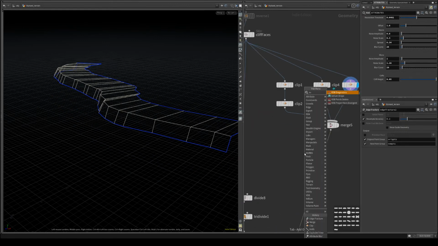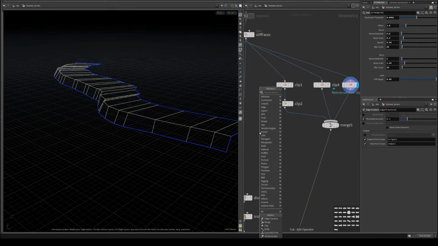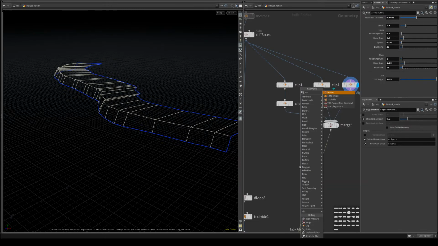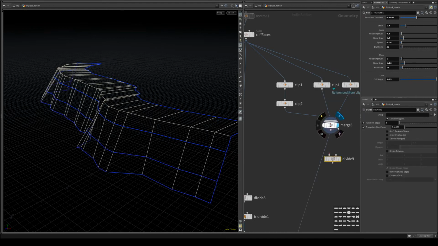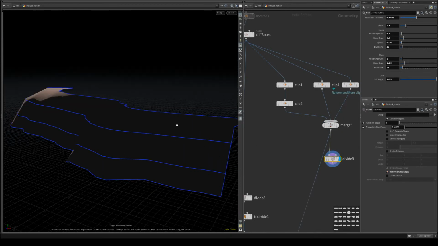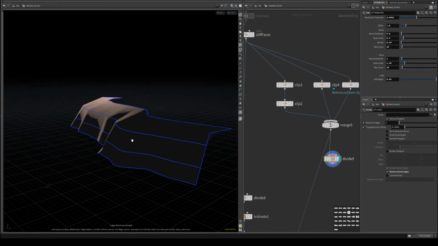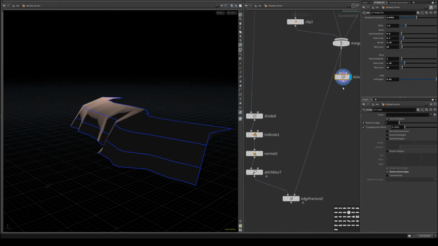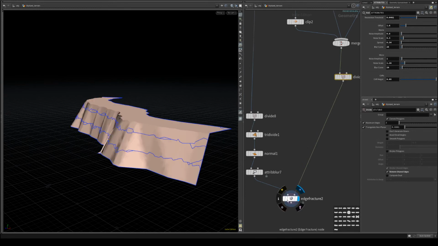So what we want to do here is create a divide node first. I'm going to send it here and do the remove edges, as you can see. So I only have the lines, and I can do the edge fracture,